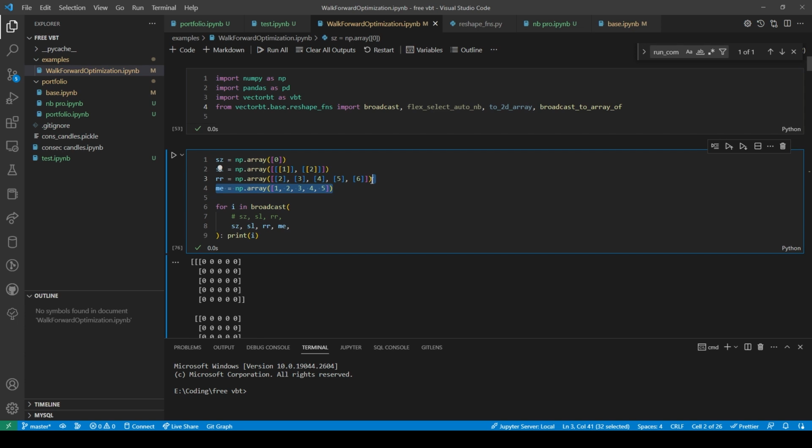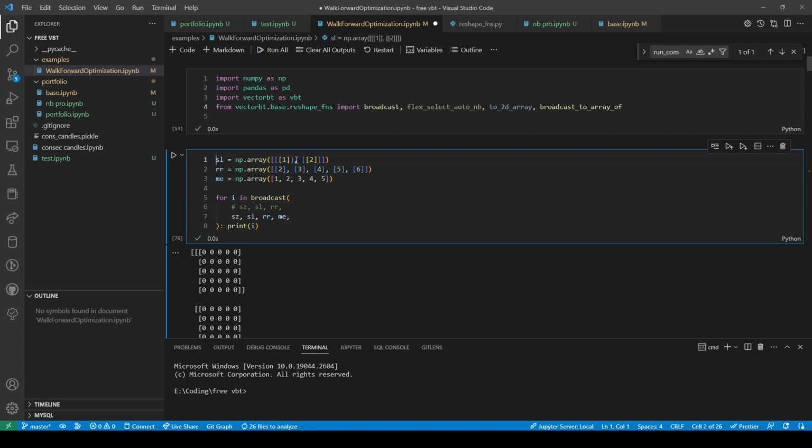Let's see, if I have a risk to reward, if I have a 1%, well, let's see, we want to do risk to reward and we want to do max equity.